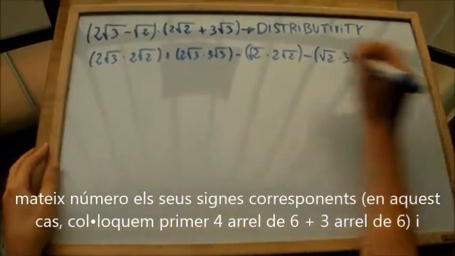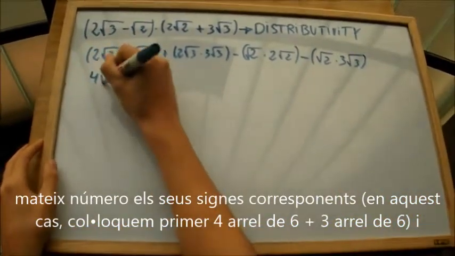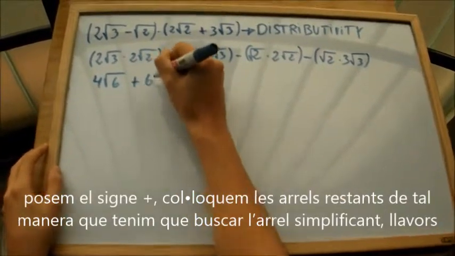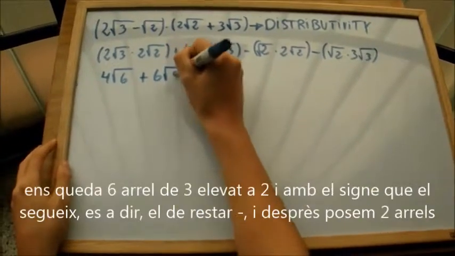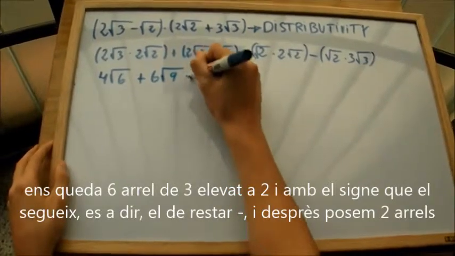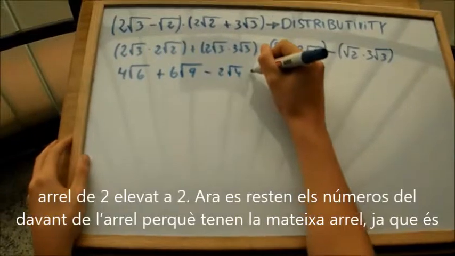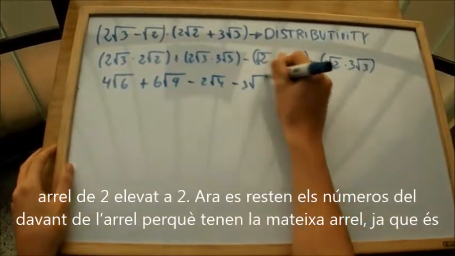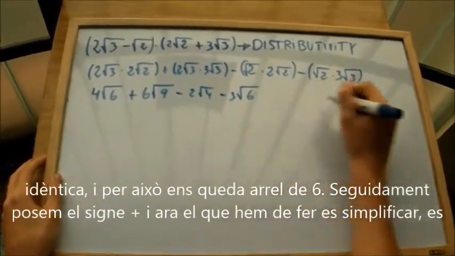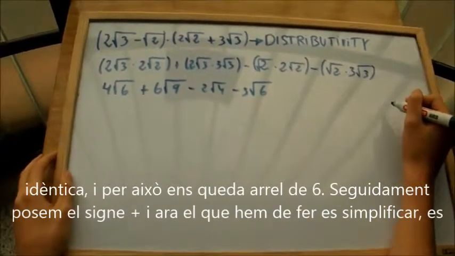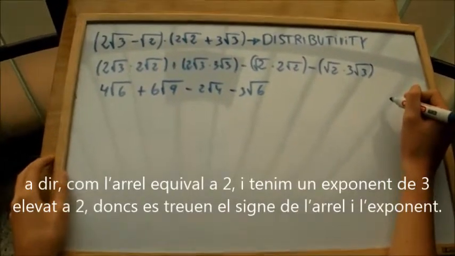Now we add the minus sign and put B of the first bracket multiplied by B of the second bracket. The next process involves multiplying the first numbers in front of the brackets, in which case we have 2 root of 6, and put the plus sign. And as the following it will give you 6 and 9 root, and add the minus sign. Then it gives 2 and 4 corresponding to the root. The remainder is the minus sign and gives us 3 root 6.